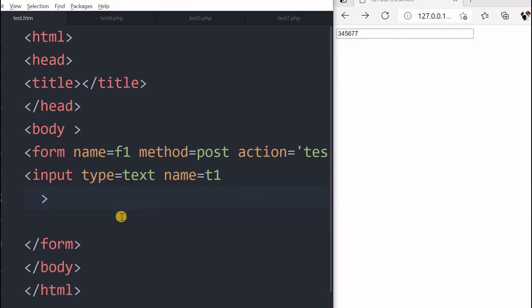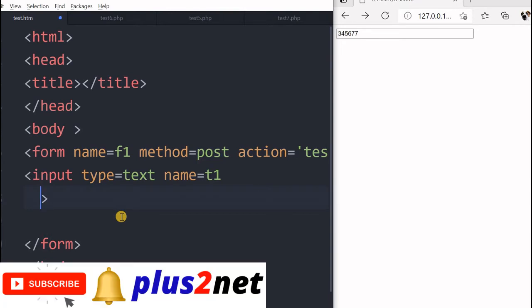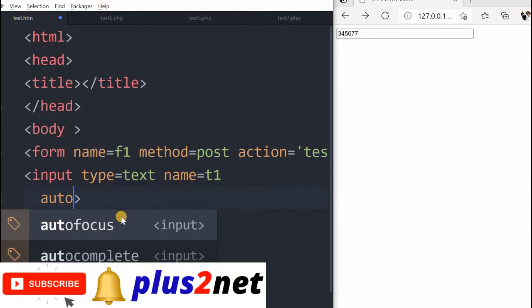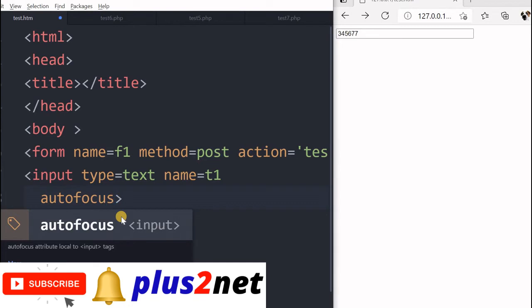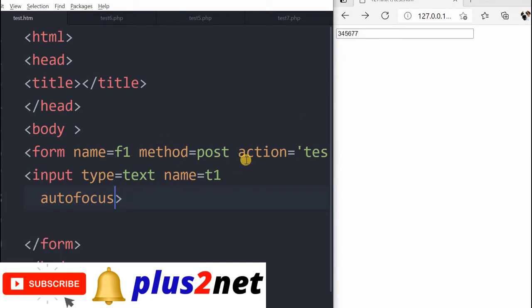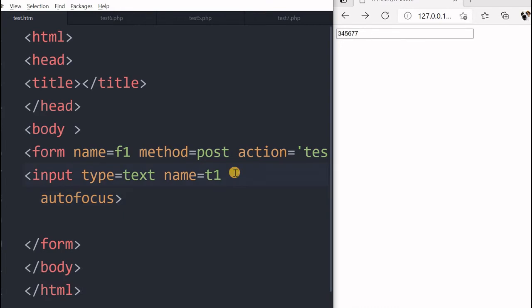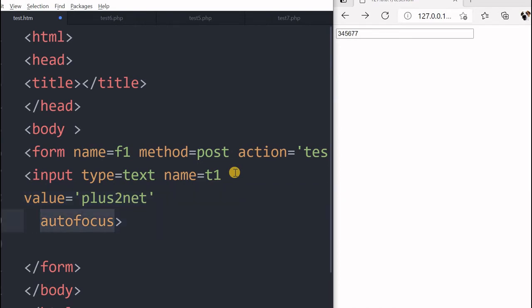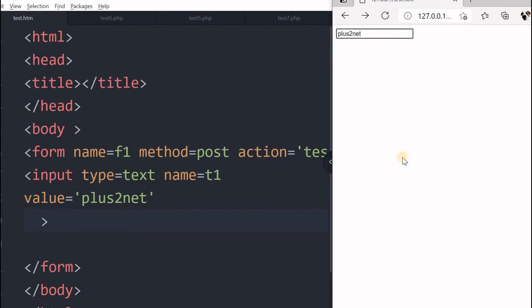Next let's go to autofocus. The meaning of autofocus is, let us first put the value again, value equal to +2 net, and remove the autofocus. You can see every time I reload this page, to add anything I have to bring the cursor here, then the cursor blinks here.